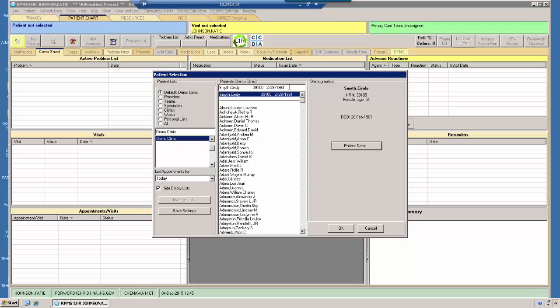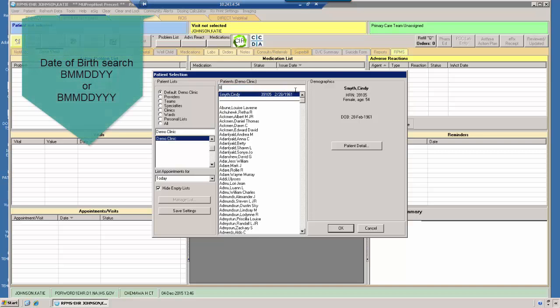Okay, back to selecting our patient. We've done name and chart number. The third way is by date of birth. This one sometimes gets forgotten because it's not obvious that you can search by date of birth, and the format is very specific. So if you have the patient's date of birth, the way that you search it in here